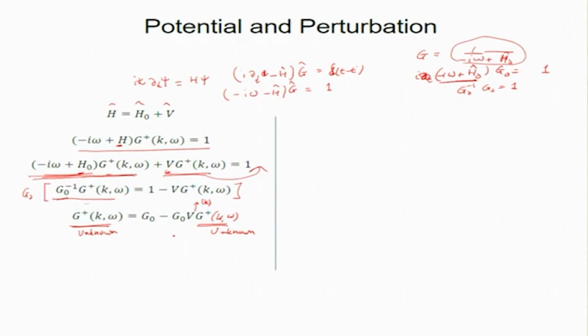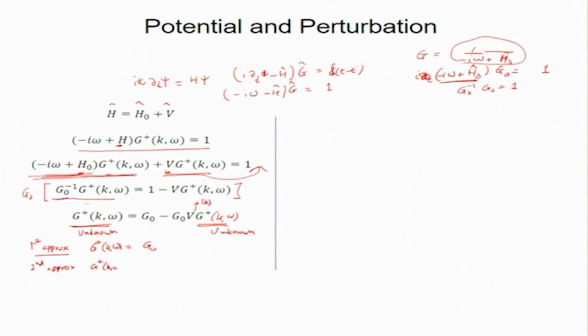So, now let us try to do this perturbatively. So, in the first approximation, if V is 0, then what do I get for G plus, the zeroth approximation? So, let us assume V to be 0, free particle or free field. So, it is going to be G plus k omega as G naught. Next step, I substitute the G naught here. Okay. You understand? No? The next step, whatever first order I get, I just substitute it there. So, then what I do is the second approximation,